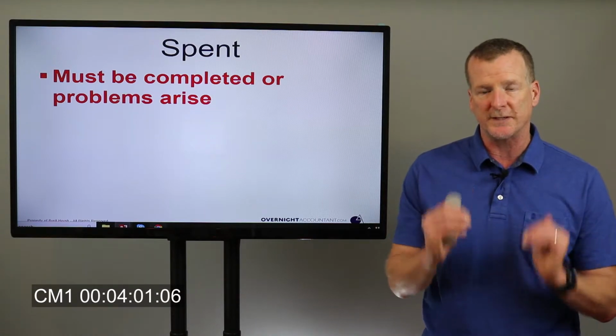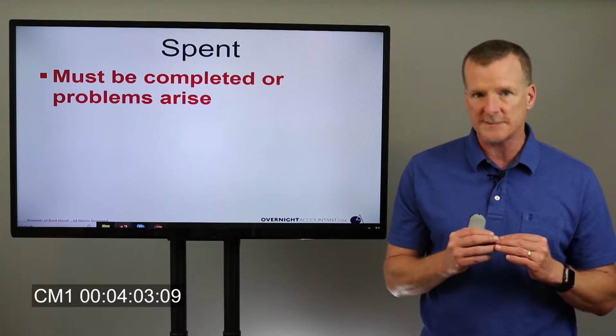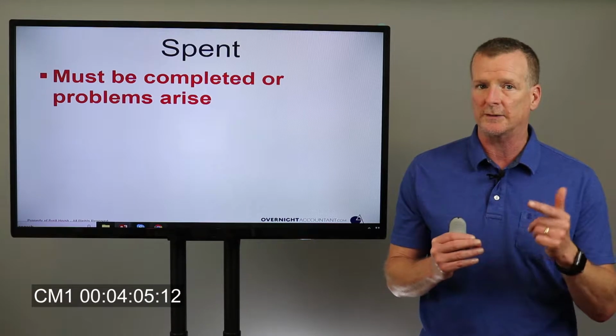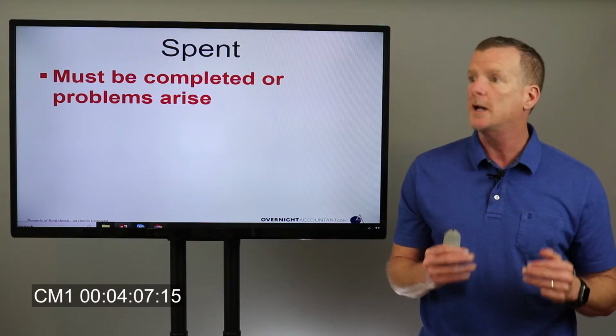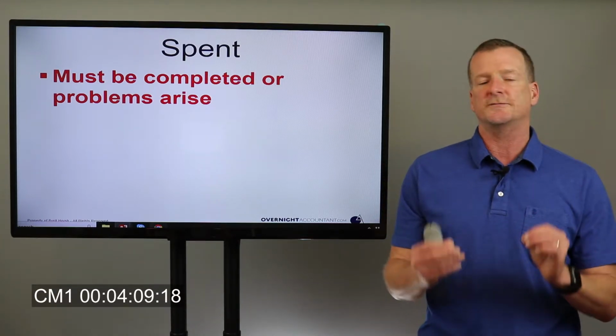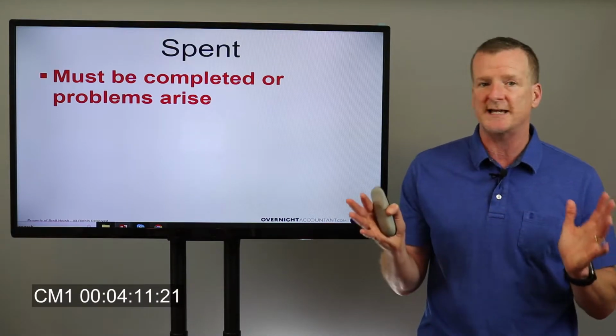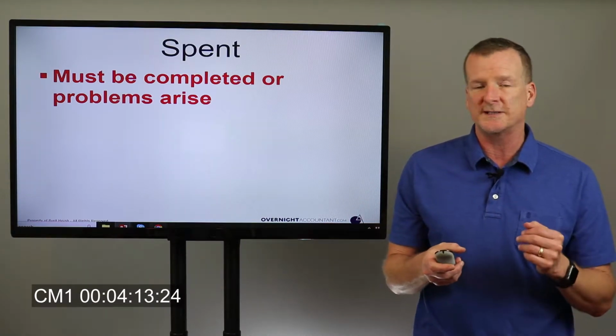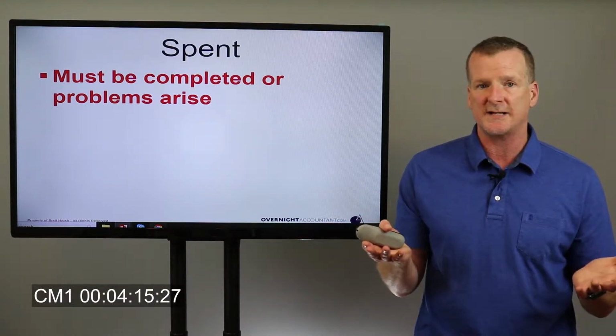Activities that your business must complete, but they're not investments. You can't draw a direct line between them and making current customers happy, getting new customers, or generating a profit, but they've got to be done. This is basically everything else in your business that has to be done. And if you think of a couple of examples, if you don't pay your sales tax, you don't like filling